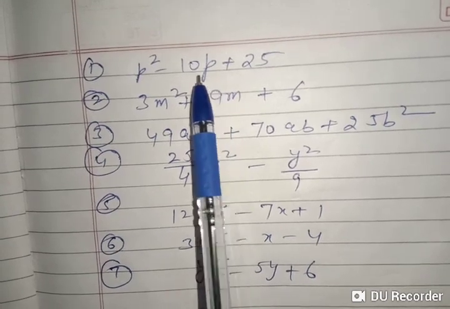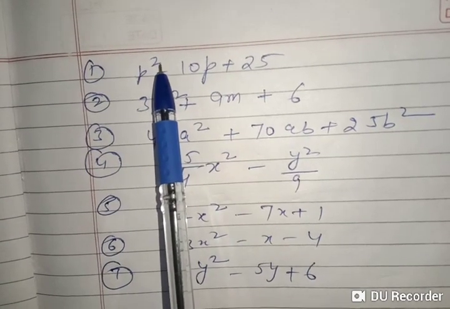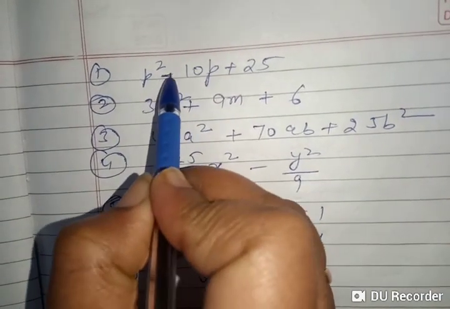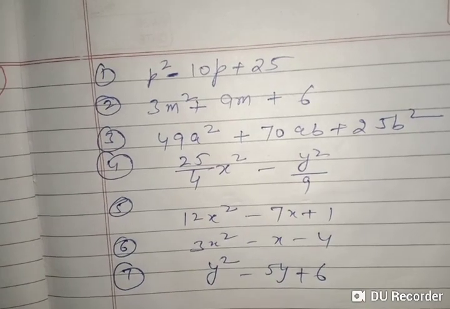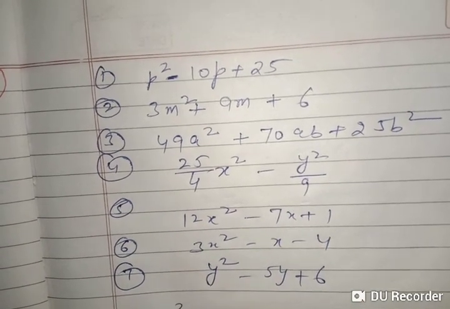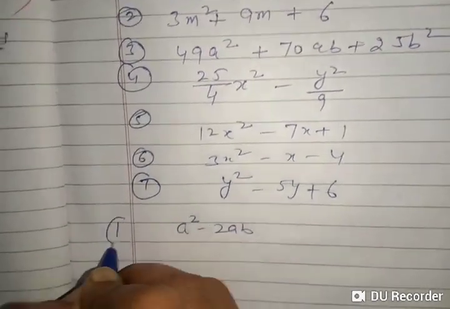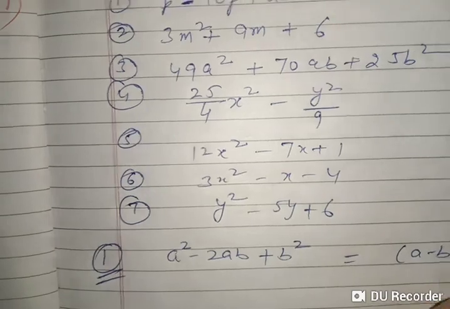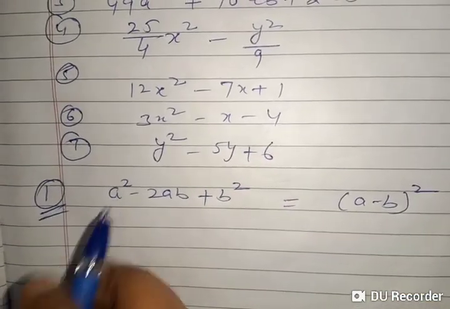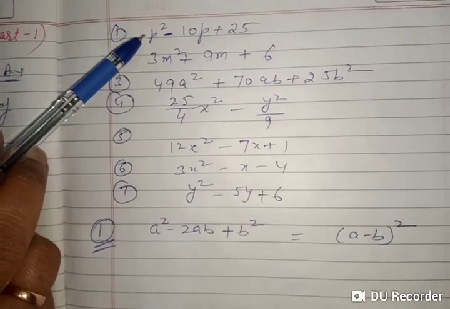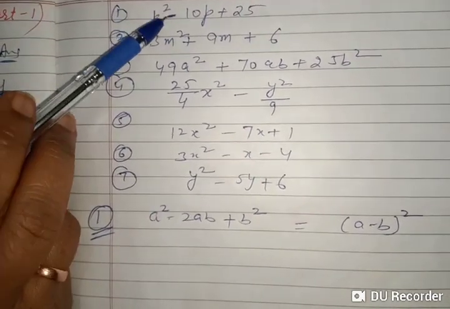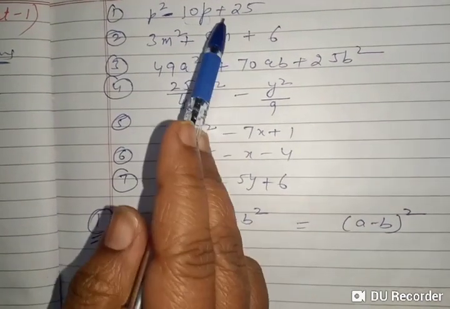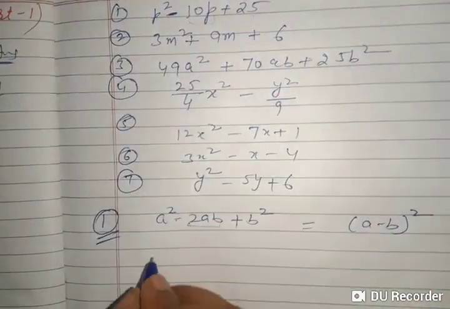Now there are 4 identities for square. This question is of square. So out of 4, which one is the suitable one? Because the middle term here is minus. So which identity will we use here? We will use this identity: a square minus 2ab plus b square equals a minus b whole square. Because just see, compare it. A square, this is p square, minus, then this middle term, and then b square with plus, this is plus. How can we convert this question into this?